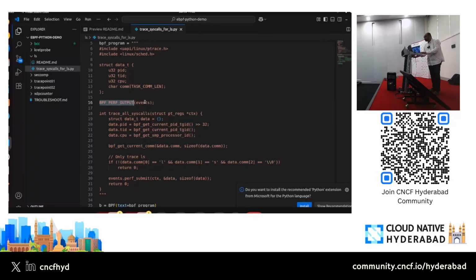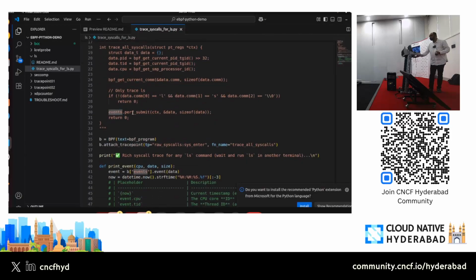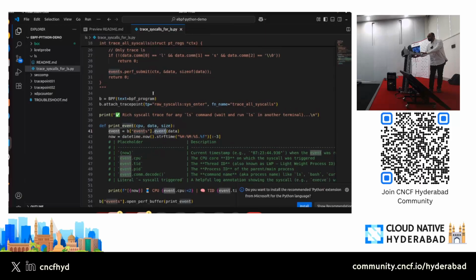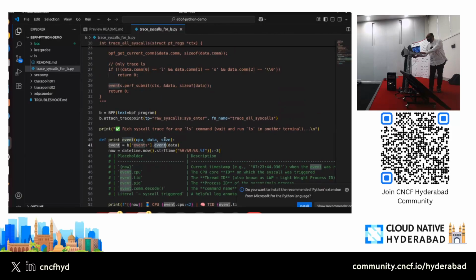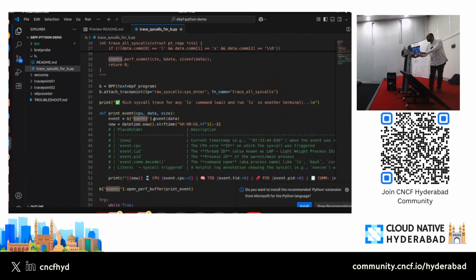Here we have mentioned perf buffer. This is one of the map types, a very performant map type. We have mentioned events here, and you submit through these events, and then in the user space you will be able to capture those events like this. With this entire code you would be able to capture anything that is running with events.